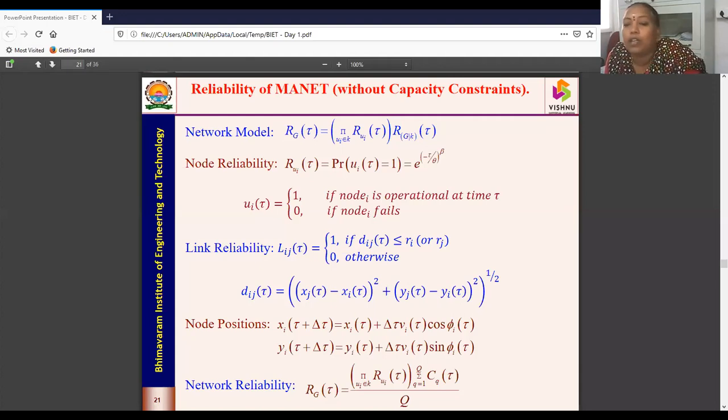So one is without fading, another is with fading. And then we'll be studying the results and conclude with some references. And last we'll come back to the MANET reliability with capacity.